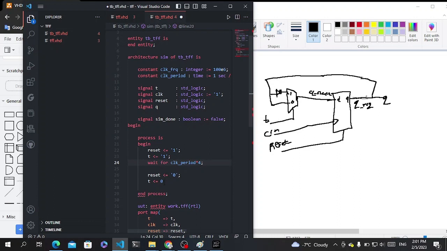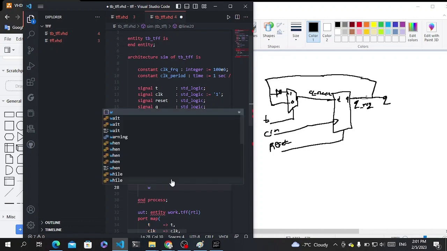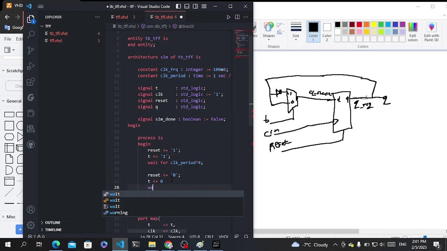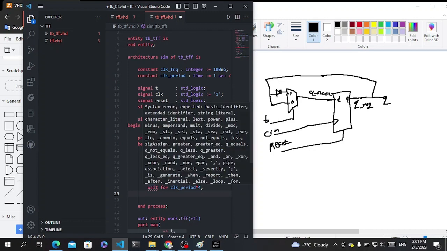So we do this, we say okay, now we put our reset to 0, and then let's wait, and we also toggle 0, and then let's wait for another clock period, let's say another 4 clock periods, and